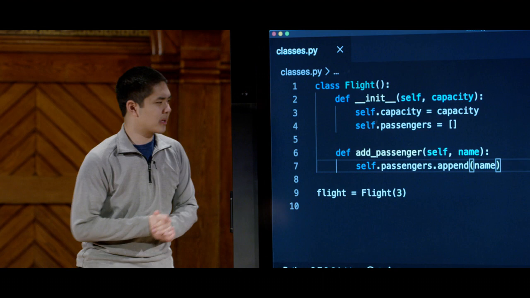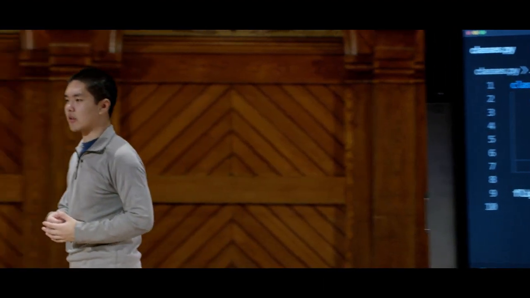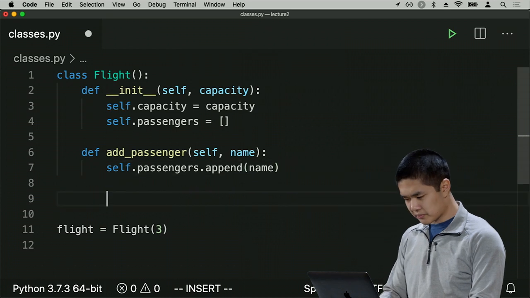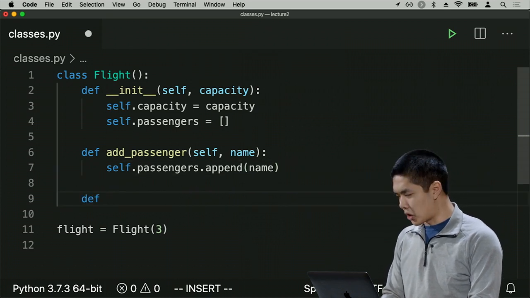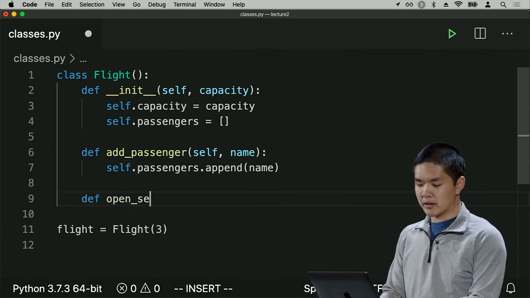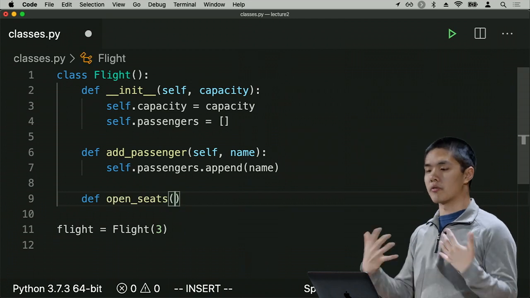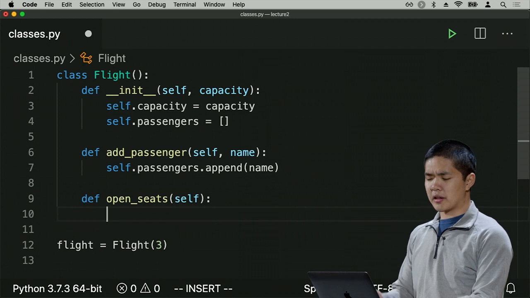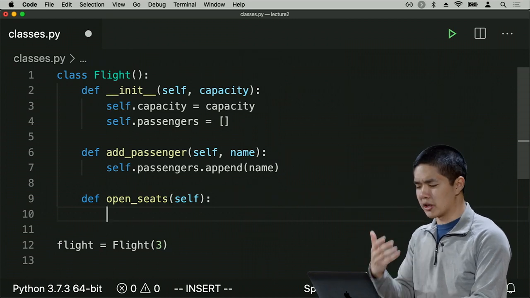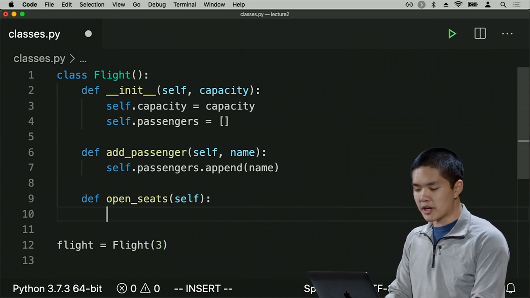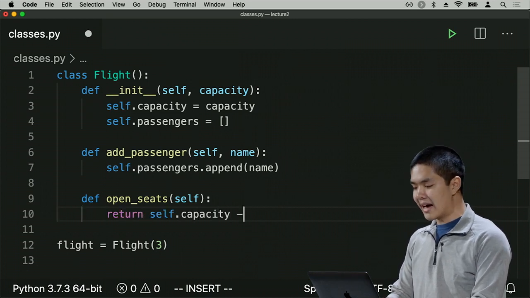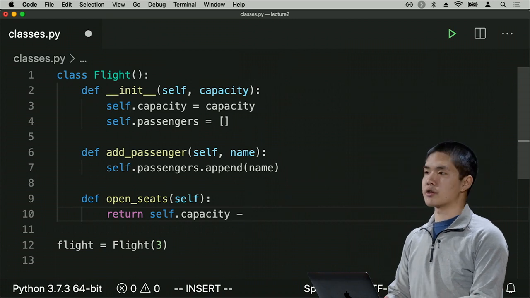So there are a number of things we could do here. We could just check it inside of this function. But just for good measure, let's create a new function. Let's add a new function called open seats that is going to return the number of open seats that are on the plane. Other than self, there are no other inputs that we need to calculate how many open seats there are. The only thing we need to know in order to calculate open seats is we need to know